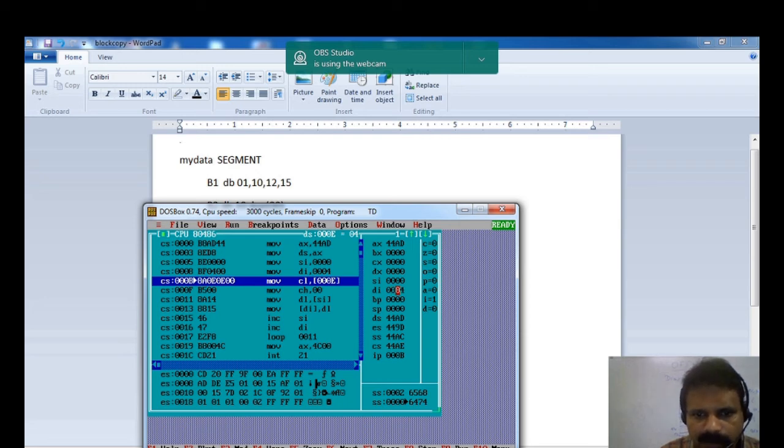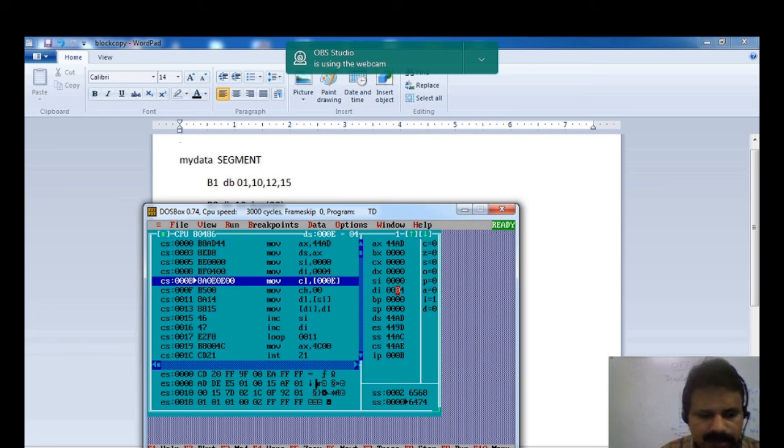That is the offset of block B2. That is, block B2 is 4 bytes away from the first byte of the data segment.